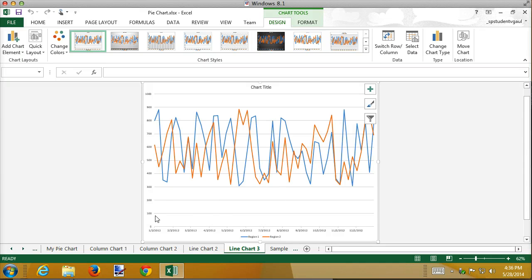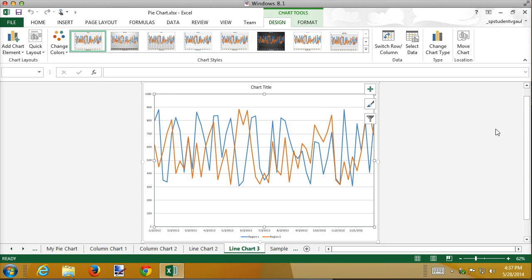Again, I could change the values and squeeze that in a little bit, but the values are so close. And imagine if I did that with region 1, 2, 3, 4, and 5. There would be 5 lines all blurred on top of each other, very, very hard to read. You might be able to see a few things here, but you have to be careful when you're using line charts. And remember from the previous example, this might be a little easier to read if I change the plot